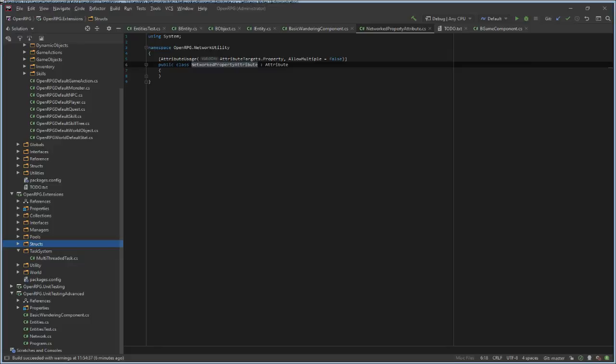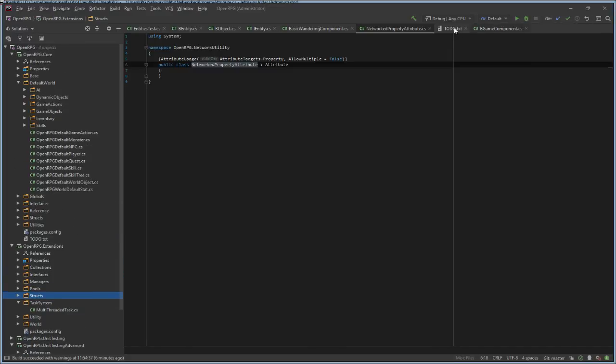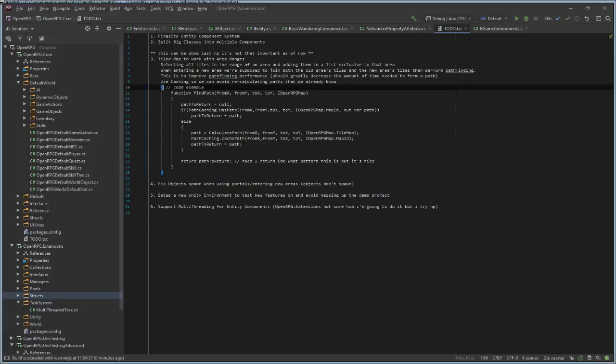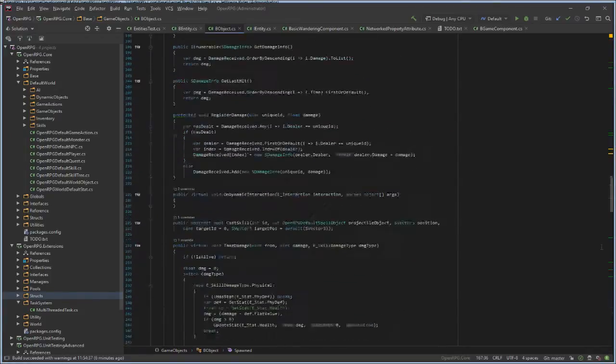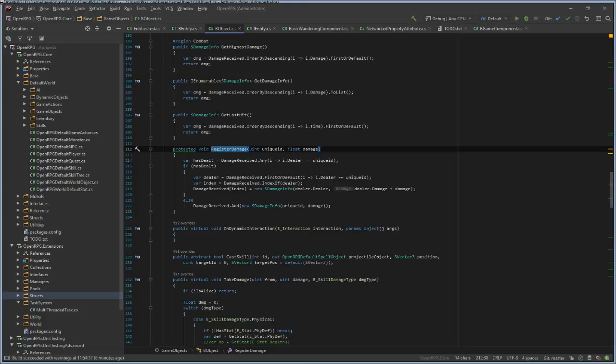So I only have 5 days until the new year. I'm hoping I could finish this entire list, splitting the base object class into multiple components. So I'm just going to get rid of this damage.